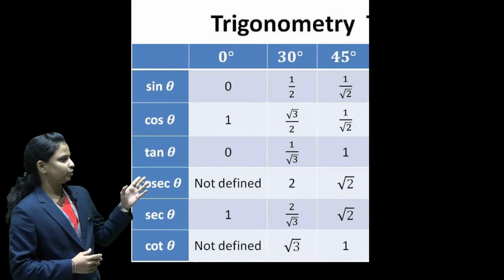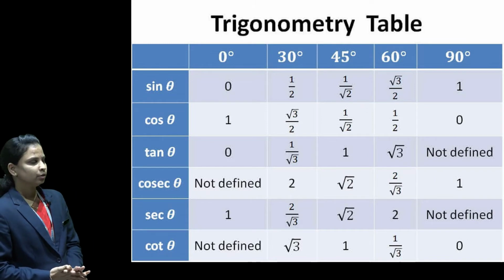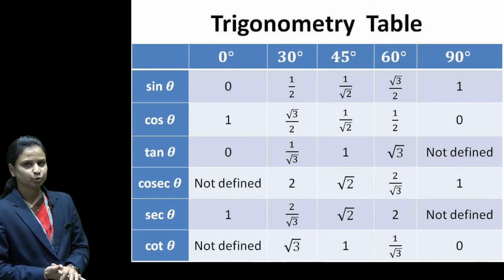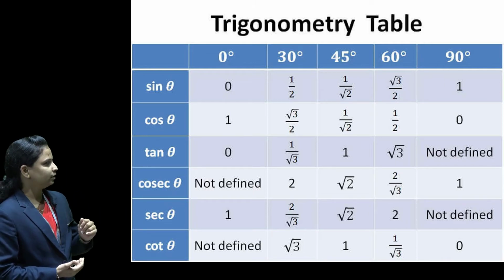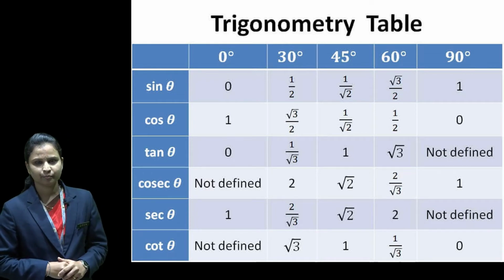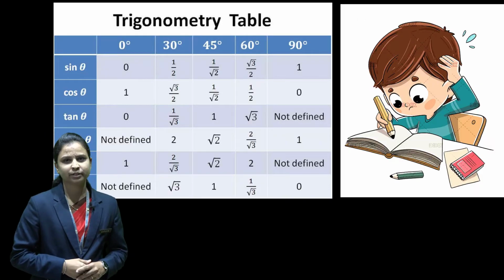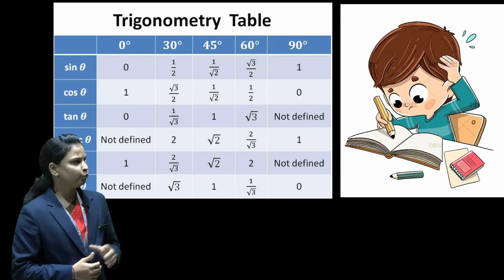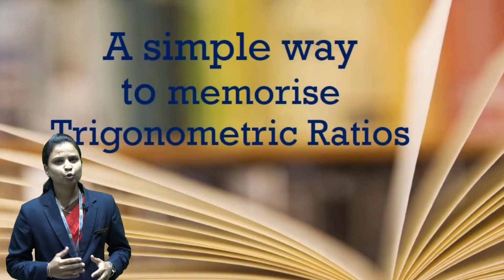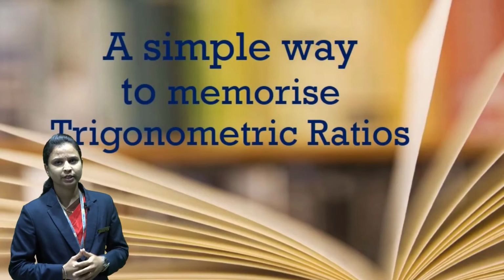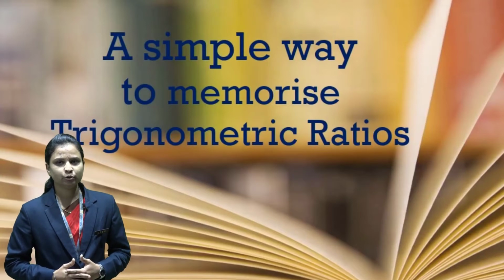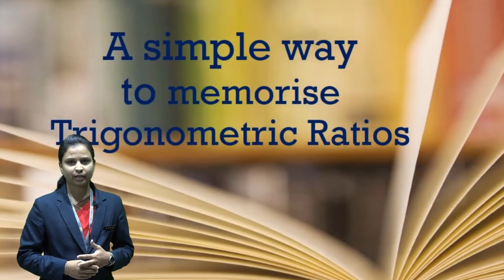Now see this table. Here in this table there are all the values of trigonometric ratios of angles 0 degree, 30 degree, 45 degree, 60 degree and 90 degree. Now by observing this table, there is a question in your mind: how do we remember this table easily? So don't worry students, there are so many ways to remember this table easily. Here I am going to explain a hand trick to find the trigonometric ratios of angles.